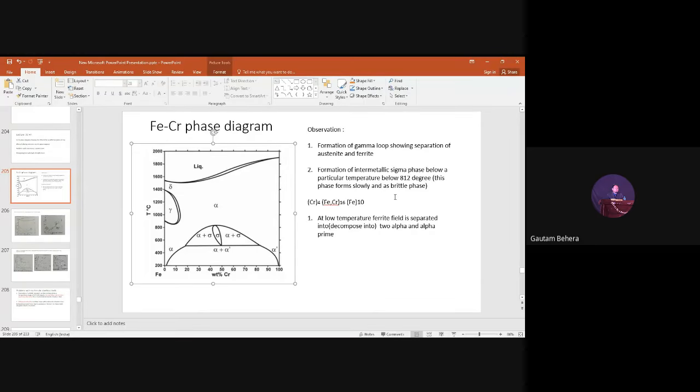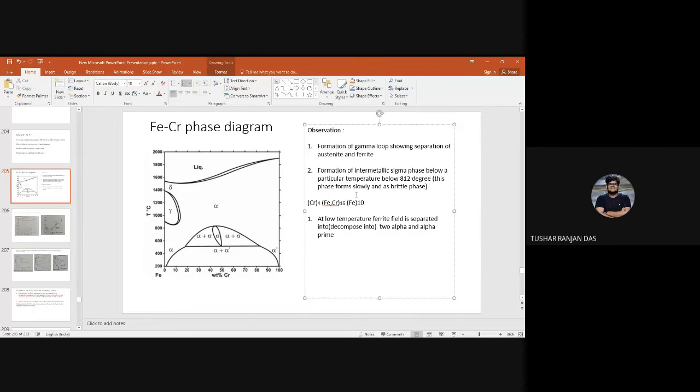So if we have a stainless steel, basically, because chromium is the major alloying element in stainless steels, that is above 11.5 or 12 percent, sometimes what happens is this kind of brittle phase like the sigma phase may form at certain temperature, which reduces the toughness or fracture toughness of the stainless steel. Yes, it may happen. Gandhi, yes, it's a question to join. This may happen when we have martensitic stainless steels, ferritic stainless steels,